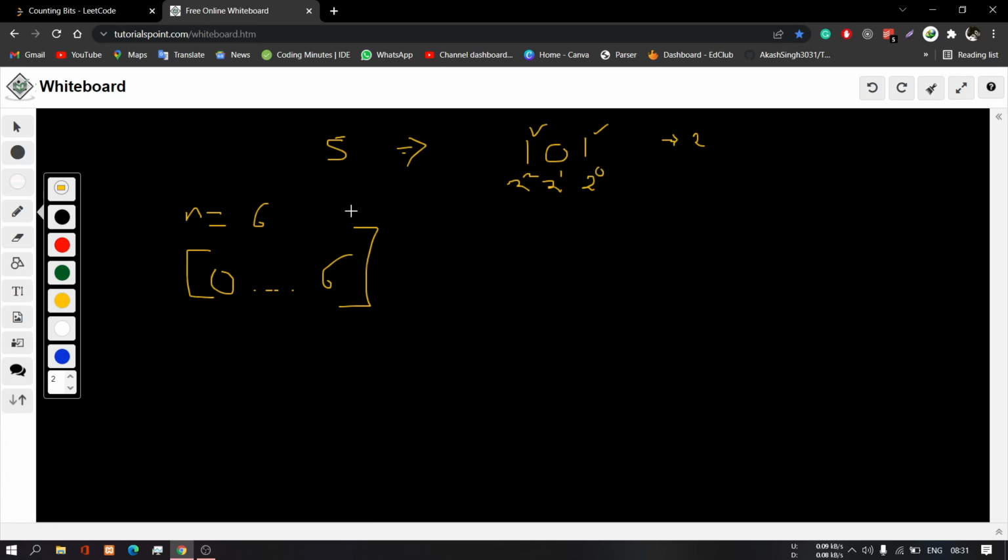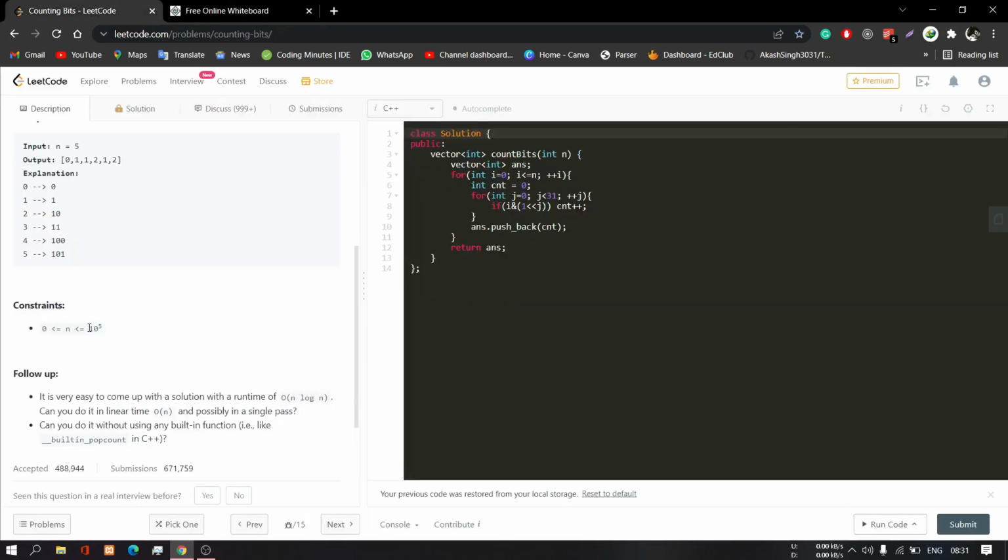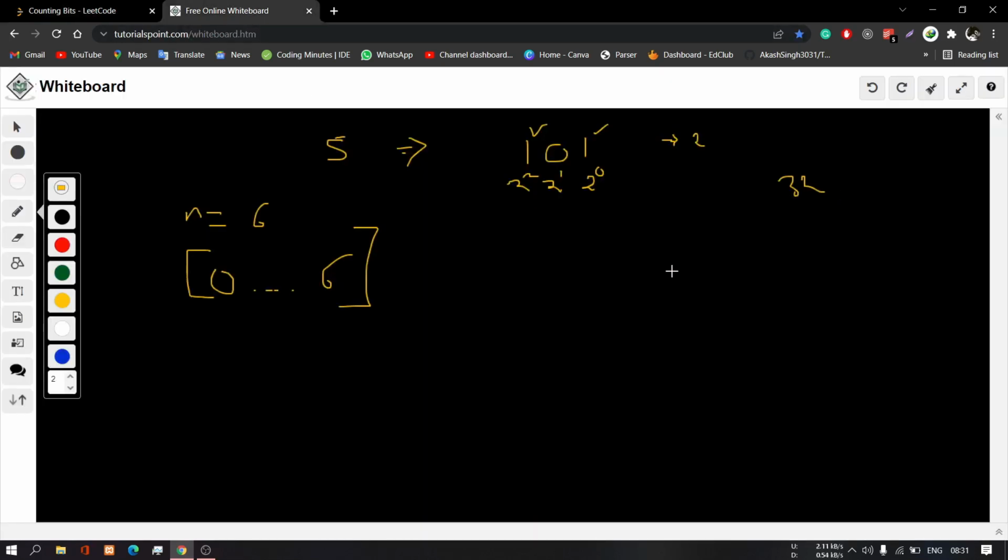I will iterate over every number's bits. Like for this example, it is 101. An integer is represented in 32 bits. So what I will do is iterate through a loop from 0 to 31. However, it is given that n can go up to 10 to the power 5, but still I will iterate from 0 to 31. Then I will check